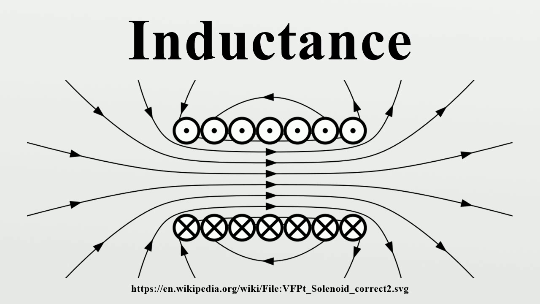Inductance of a solenoid. A solenoid is a long, thin coil, i.e., a coil whose length is much greater than its diameter. Under these conditions, and without any magnetic material used, the magnetic flux density within the coil is practically constant and is given by B equals mu zero N I over l, where mu zero is the magnetic constant, N the number of turns, I the current and l the length of the coil. Ignoring end effects, the total magnetic flux through the coil is obtained by multiplying the flux density by the cross-section area. When this is combined with the definition of inductance, it follows that the inductance of a solenoid is given by